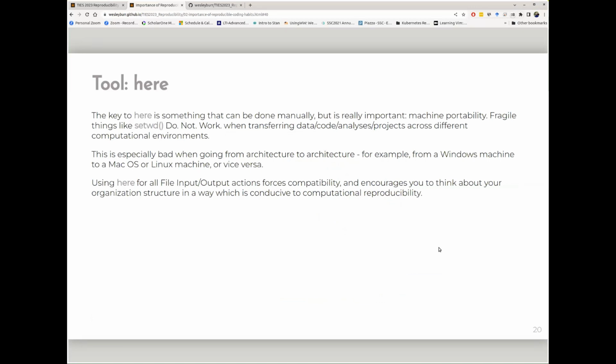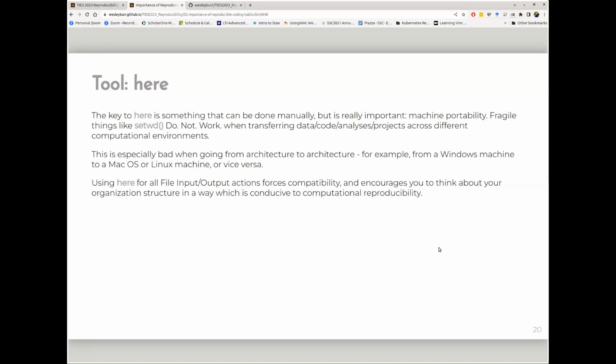Now, the key with here is that anything you do manually, you can do, but you really shouldn't. Machine portability is hard, and setwd and similar things do not work when you're transferring across different computational environments. This is especially bad when going from Windows to Mac or Linux. And remember, almost all high-performance computing is Linux.